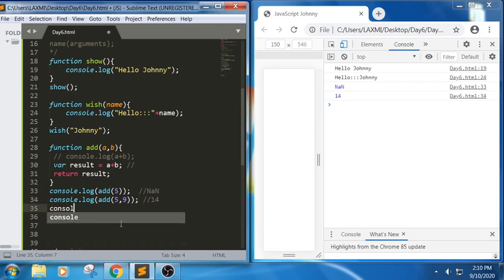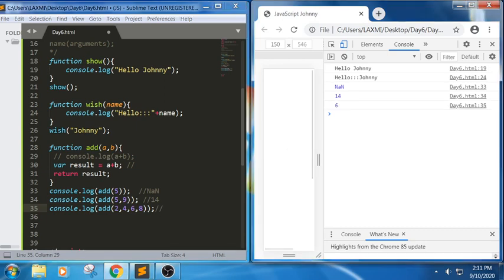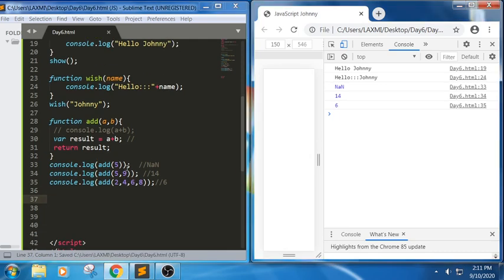For example, I am trying to write the same statement again. I will pass more values now. 4, 6, 8. See here, we have more arguments when compared to parameters. 5, 9 will be passed here and it will try to perform the operation. But in this case, will it perform for 6, 8 or 2, 4? It will perform the operation on the first values, that is 2, 4, and the rest of the values will simply be ignored. So let us check. The answer for this snippet would be 6. So this is how we have done with a function, parameters and arguments.